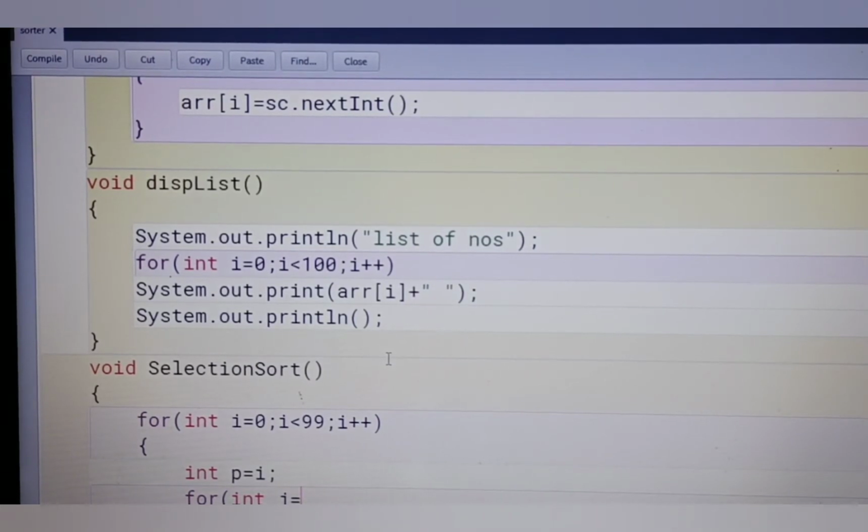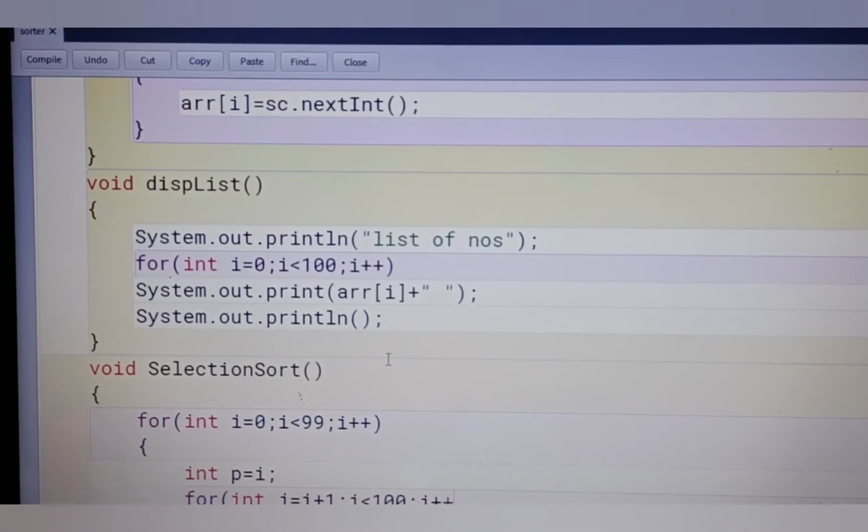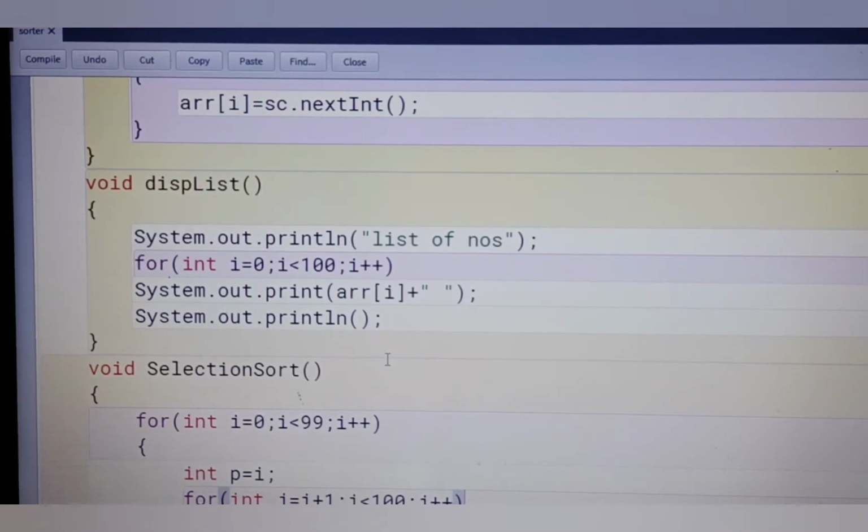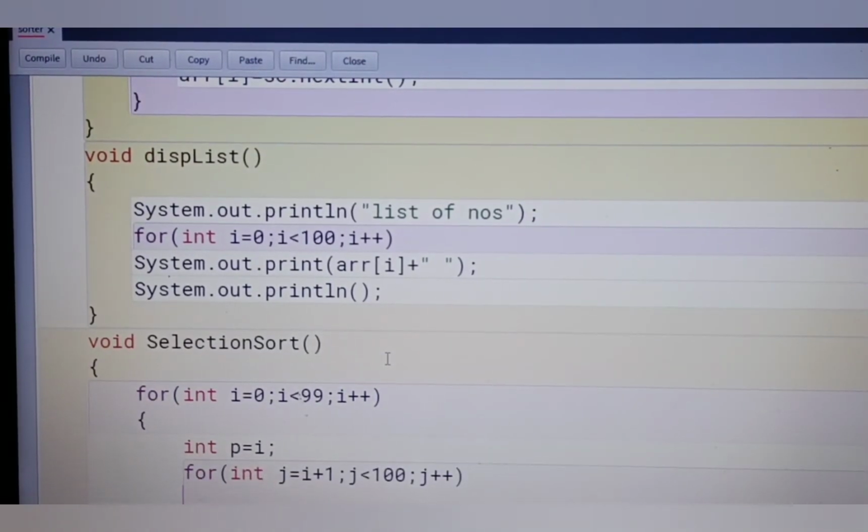The I loop starts with 0 and the j loop starts with I plus 1. Then j is less than 100 and j plus plus. All of you know the logic of selection sorting.